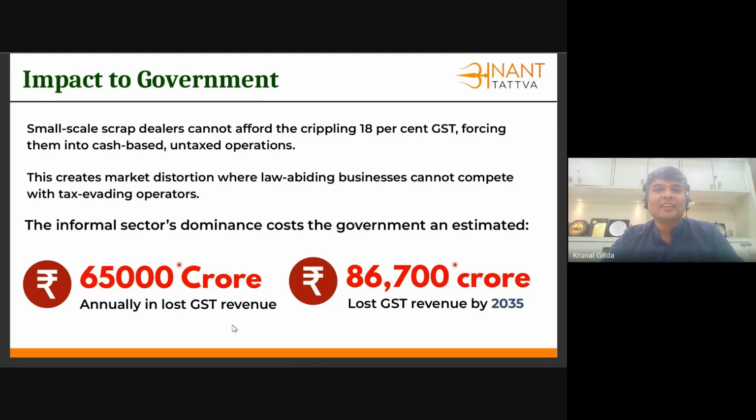Now, this slide is going to be a very straightforward slide, wherein it's saying that yes, this sector has a lot of dominance coming in from the unorganized segment, and there is a gap that can be filled to ensure that the handholding is done in the right way. This will help us align with the compliance part of it, and also convert this market from an unorganized segment to an organized segment,